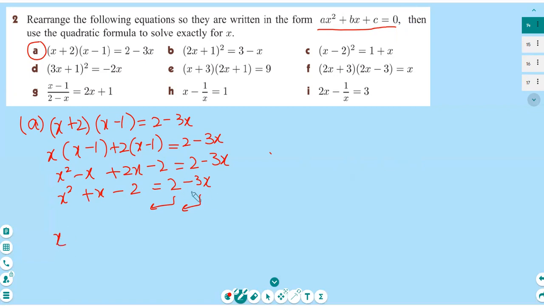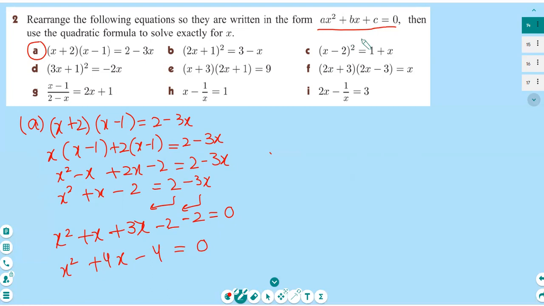So shifting these 2 terms to the left-hand side, we're having the x square plus x. This negative 3x becomes plus 3x when shifted, minus 2 as it is. And this 2 becomes negative 2, right? Equal to 0. So x square, x plus 3x gives you plus 4x, negative 2 and negative 2 gives you